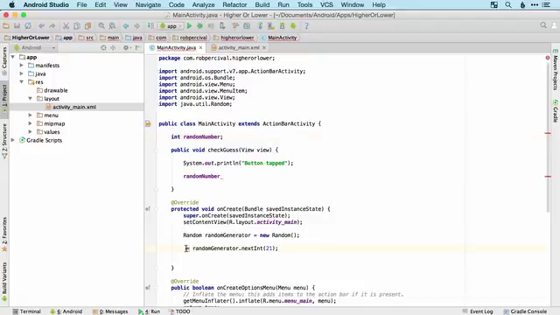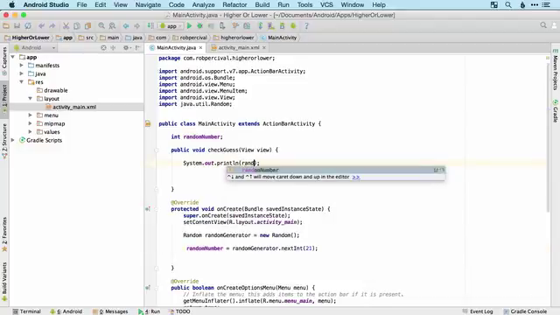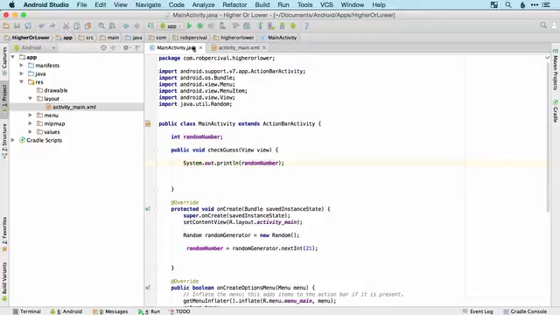So I can now use randomNumber is equal to randomGenerator.nextInt(21). So just to recap what we've done there, I've now created randomNumber here before any of the code for the particular methods, and then I've set it to a value on create, so when the app itself is actually run. And now if instead of button tapped I enter randomNumber, we should find that when